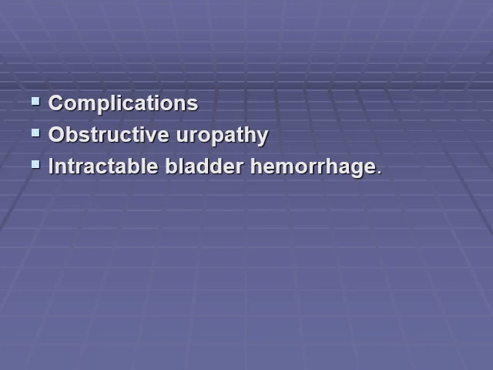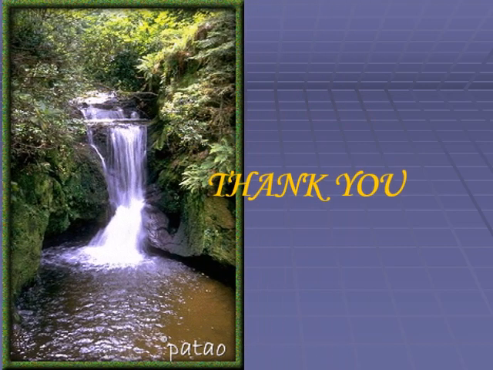And here is the part which is very important: how we treat intractable bladder hemorrhage. Intractable bladder hemorrhage, we can treat by cystoscopy, so we can do coagulation of the bleeding site of the bladder, but if that fails, we can do open surgery, and we start by ligating the internal iliac artery, which is the main blood supply for the bladder. We ligate one side. If the bleeding stops, it's okay. If not, we can ligate the other side to decrease the bleeding. That's all. Urinary bilharziasis, and thank you.